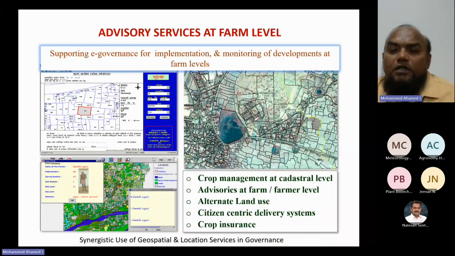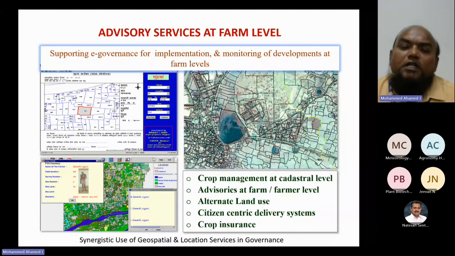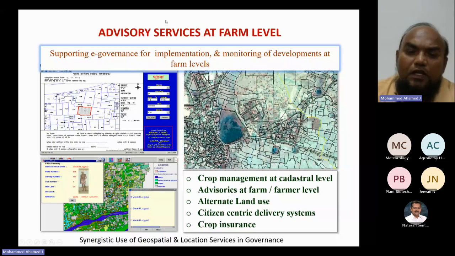At the same time, provide him citizen-centric services along with crop insurance, all centrally managed through a geospatial database, and integrating that with the state department's database would help farmers realize their field-specific requirements, and get timely input and help when such geospatial technologies are integrated, improving e-governance implementation and its monitoring